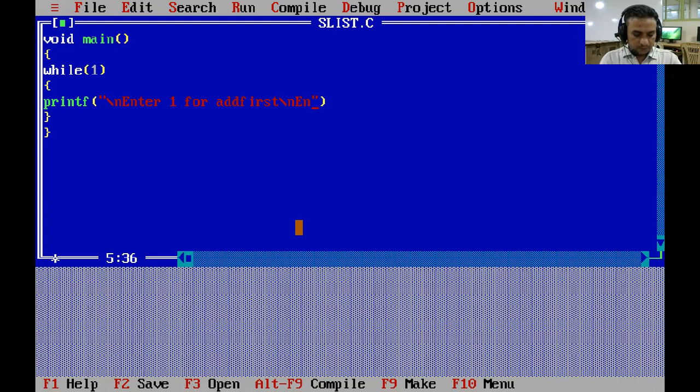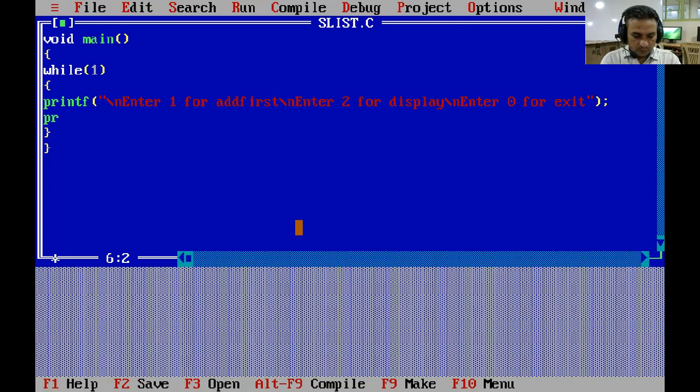Enter 2 for display, \n. Enter 0 for exit, enter 0 to exit this infinite loop. So we have to enter 1, 2 or 0.